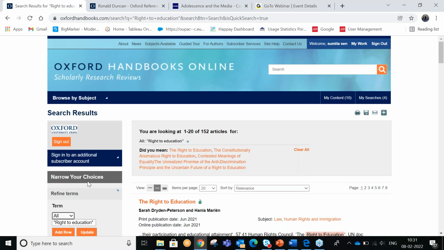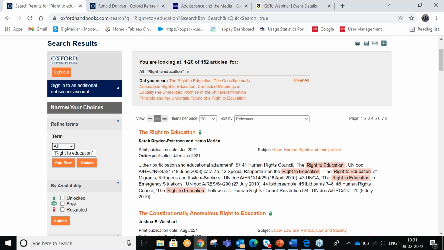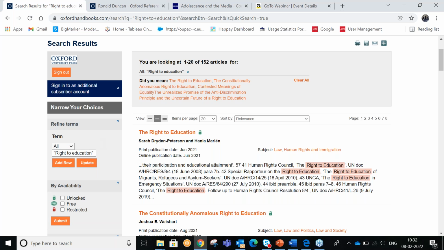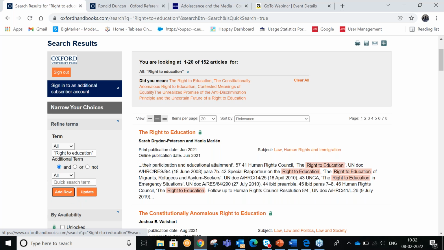When I come to right to education, here you see on the left hand side it shows. Here I can choose what I want it to be. So I want everything related to, and then I can choose a Boolean search from here. I want right to education and I want